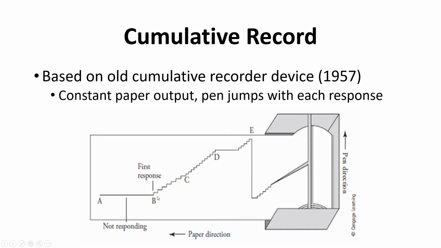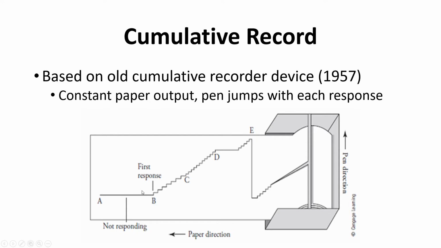But our important thing to note here is that this is one response, this is one response, this is one response. So what we're seeing here is a cumulative or an accumulating record of all of the responses that have been made over the course of whatever trial or whatever session we're running. So we can actually count each of these little peaks here to tell how many responses have been made, and we can work out when they've been made or how many responses over a certain known amount of time or